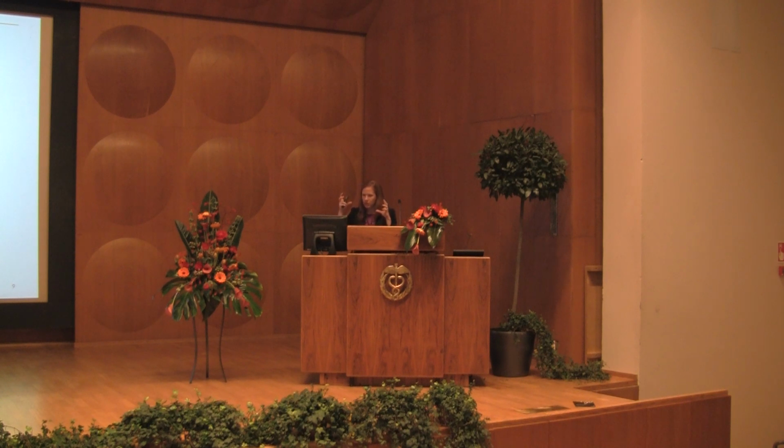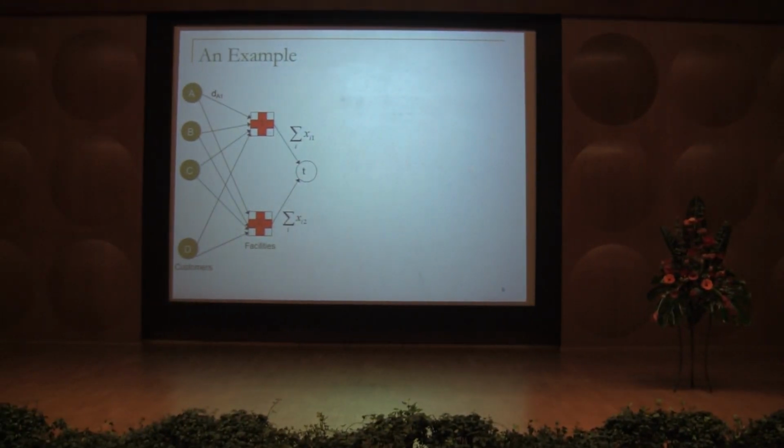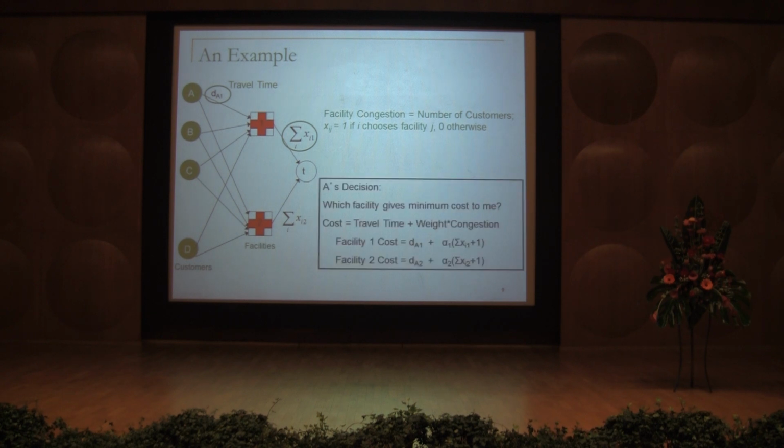Just to solidify this picture in our minds, I've constructed a small example network. On the left of the network, we see the individuals who are choosing from among the facilities in the center. And they all want to receive service at one of these two facilities. Depending on the travel time between individuals and facilities, and on the total number of other individuals that are seeking service at a facility, an individual can calculate his utility or his cost, saying which facility gives the minimum cost to me based on my utility function that factors both my travel time and the congestion that I experience,